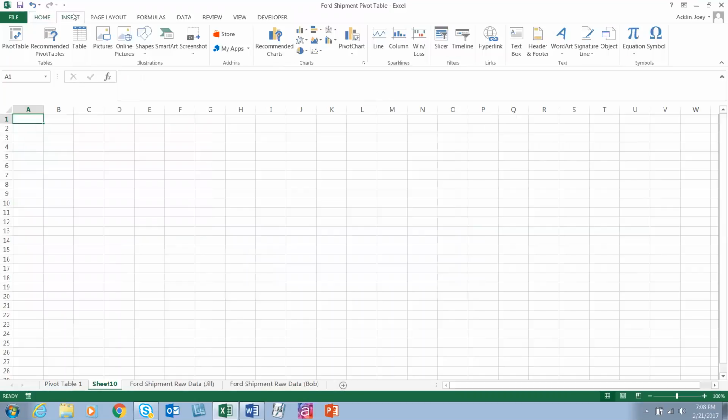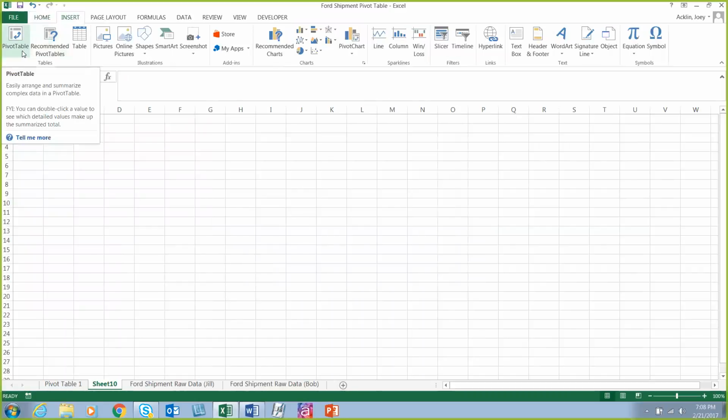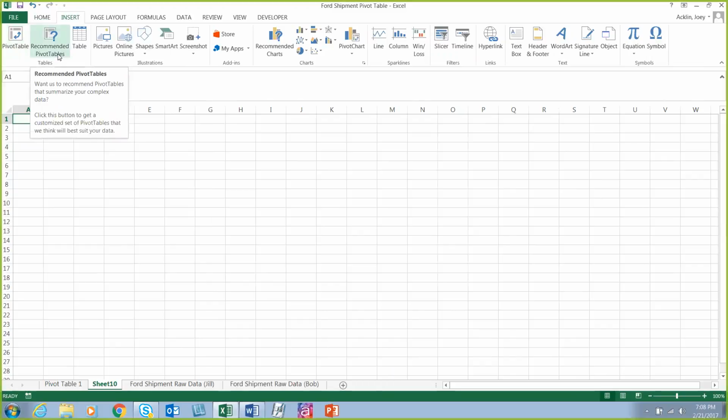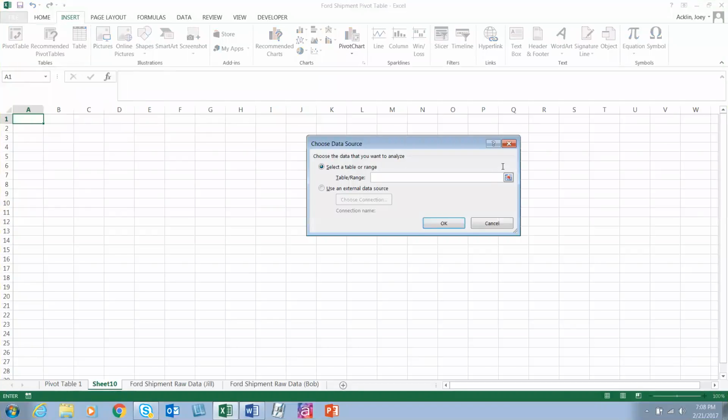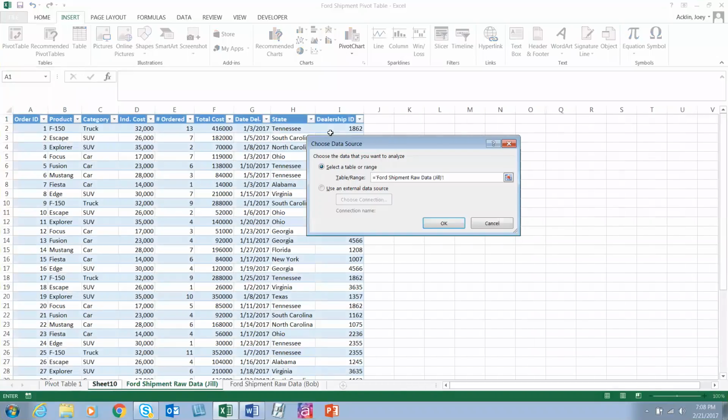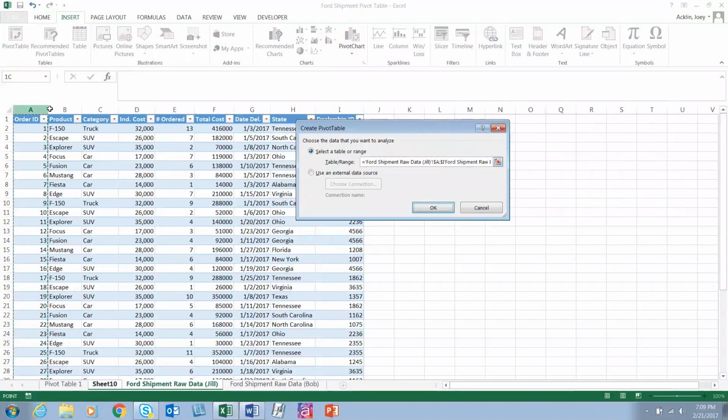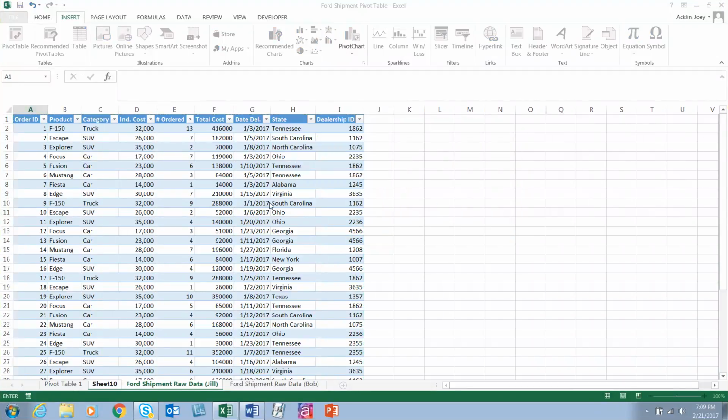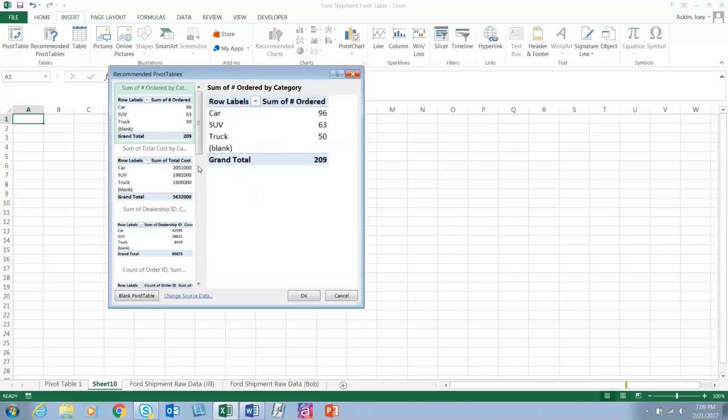I'm going to go to Insert. And you'll see an option right here at the top that says Pivot Table. I'm not going to click that yet. To the right, on Excel 2013, this actually wasn't available in 2010, if I remember correctly, is Recommended Pivot Tables. I'm going to go back to Jill's data and select that data for now. There you go. What it does with Recommended Pivot Tables is give me some pre-selected filter options